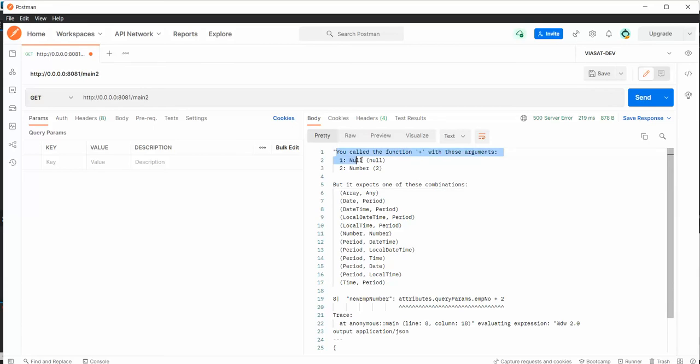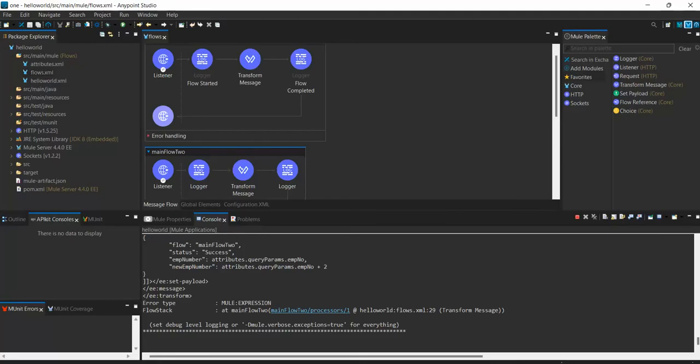Here we are getting an exception. It is trying to append or add the number with null, and the number that was being added by 2. Because there is no query parameter that we are sending, it is trying to read that value as null. And by default, what was the number that we are adding? 2 in main flow 2. So it was unable to process this